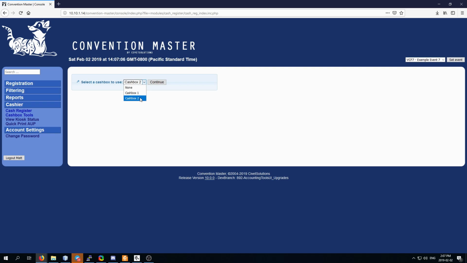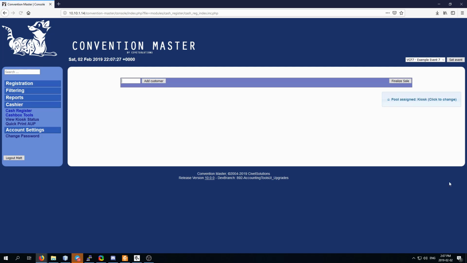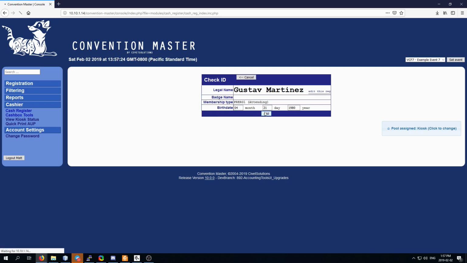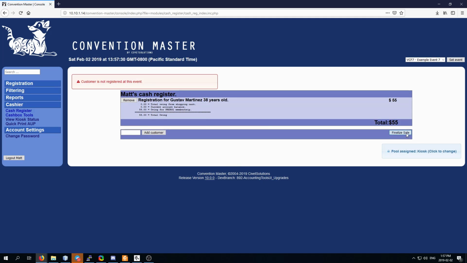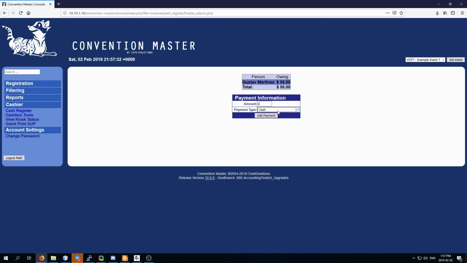In our example, Simba, at the time he had 3 cash boxes, would have been able to choose any one of them. Matt should be trained that if he sees this, he needs to make sure he picks the cash box that he is correctly using and verifies that with either looking at the float envelope or some other mechanism. He can then click continue. He's going to add customer 242, or we'll just handle this guy. So we're going to finalize sale, and he's going to take $55 in cash,